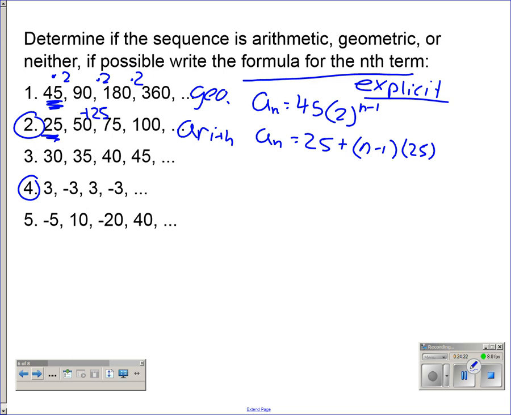The last one I want to talk about on this problem is number 4. I think that's a cool pattern. It goes 3, -3, 3, -3. What's happening? Contradicting, very good. What if it was 3, 3, 3, 3, times 1, or add 0? That one could be arithmetic or geometric. But here we're multiplying by -1 each time. That makes it geometric. So our explicit would be our first term, 3, times our rate, -1,